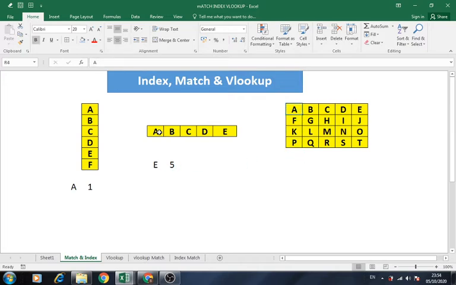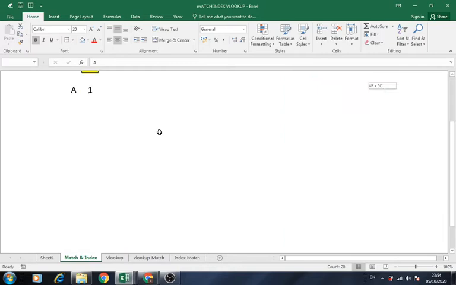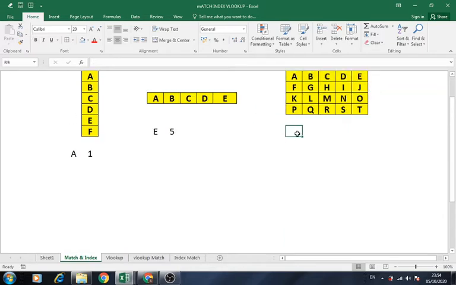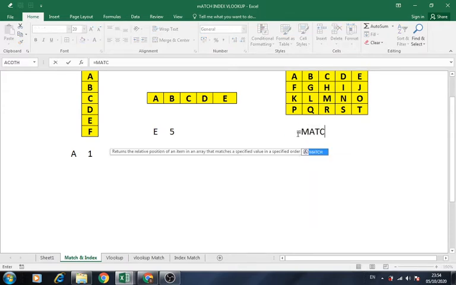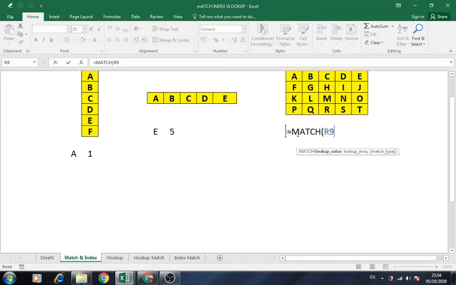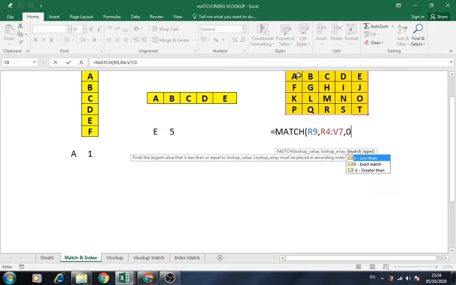Now in this particular array, there are so many rows. Now I want to find out where is H. What is the position? So it's equal to match lookup value H in this array, in this list, and I want the exact match.